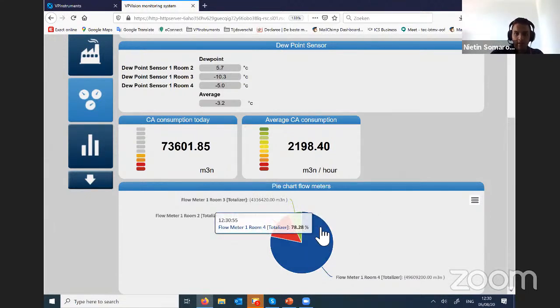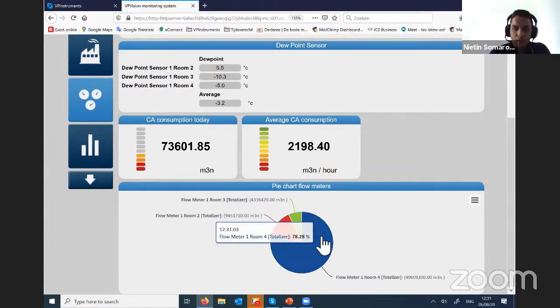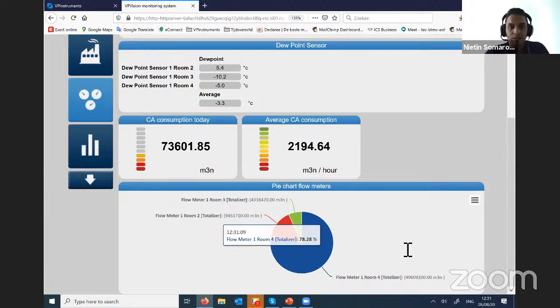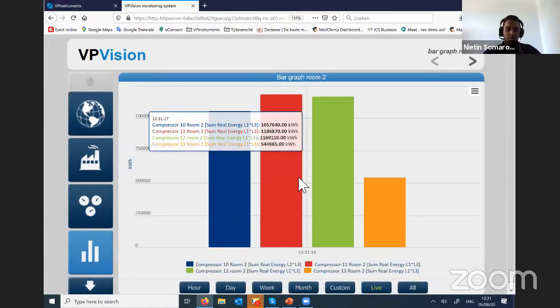Of course, I will look at the biggest chunk because this is the best way of saving money faster. So first you will start by looking at this area because it's the largest consumer. And how can I save energy here? And all this data is real time, but you can also see all the data